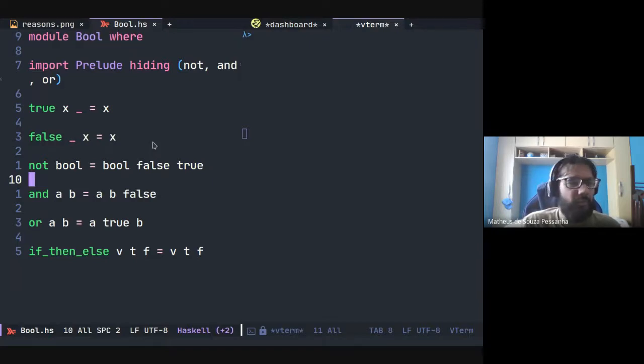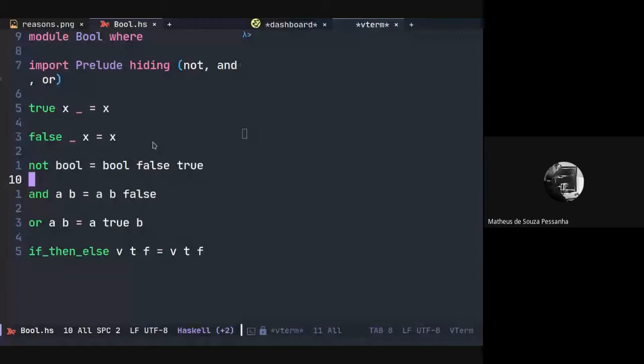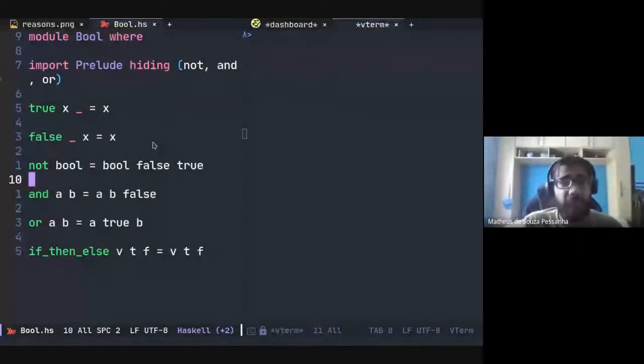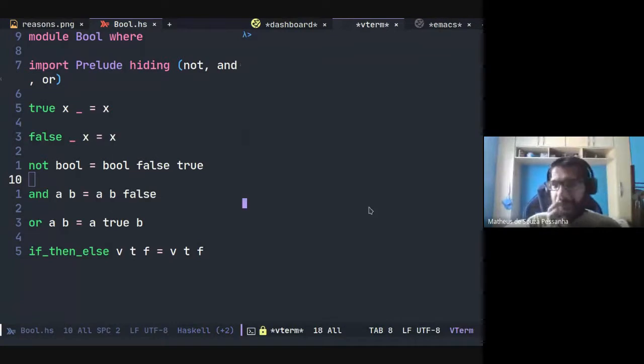We have Cabal, the first build system implemented, but a lot of libraries break, and then they created Stack, another build system that also breaks. So we have some problems developing in Haskell. Also, some people say that the type system is scary, but I think it's more the compiler errors, because the compiler errors are kind of strange.